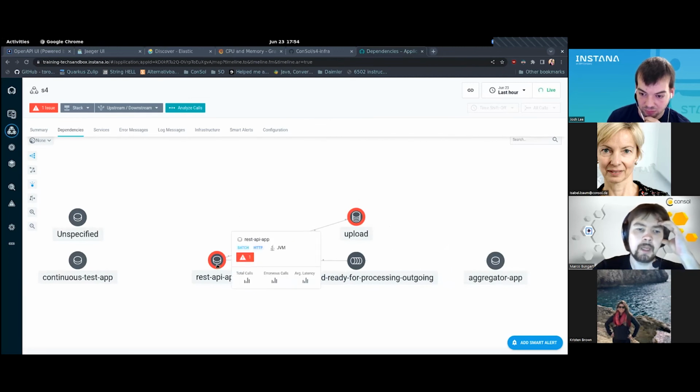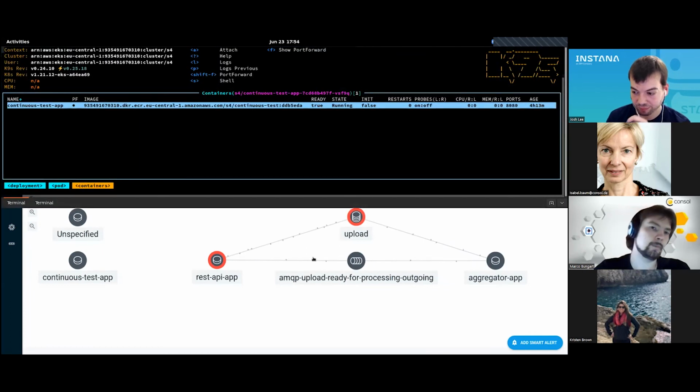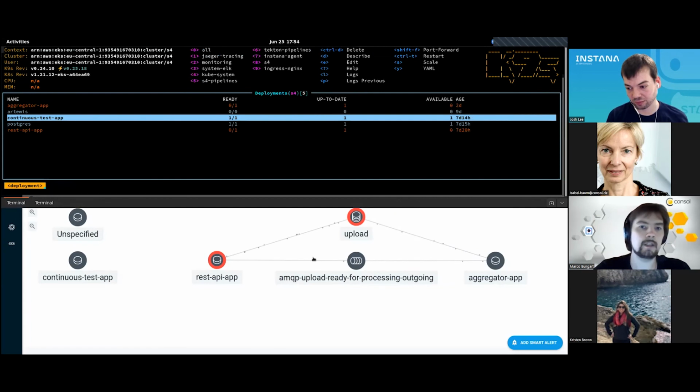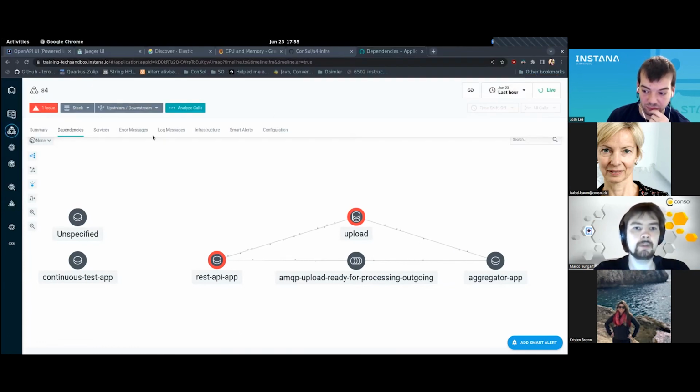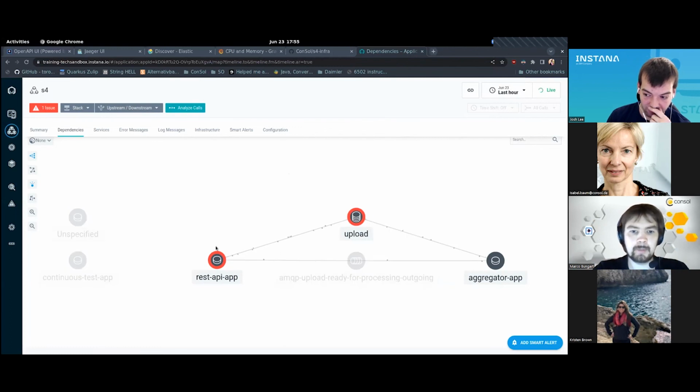So if we have a little bit of knowledge of our application, we know that if the application throws 500 errors, it's most probably because the database isn't reachable or the AMQP isn't reachable. And from this point onward, we can take a look in our cluster. I'm running K9s right here. And we see, oh yeah, look, the Artemis is actually not online. Normally you would see here, okay, the Artemis isn't healthy anymore, and we have to go into the logs of the Artemis or jump to the logs from Instana. I can demo this part as well.